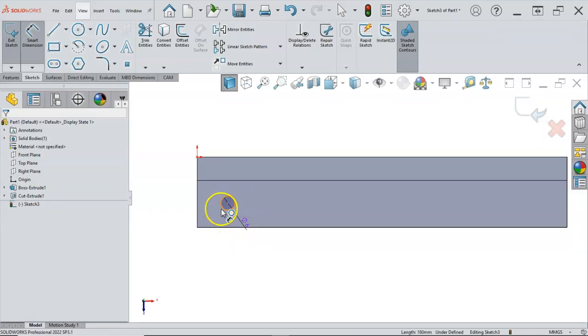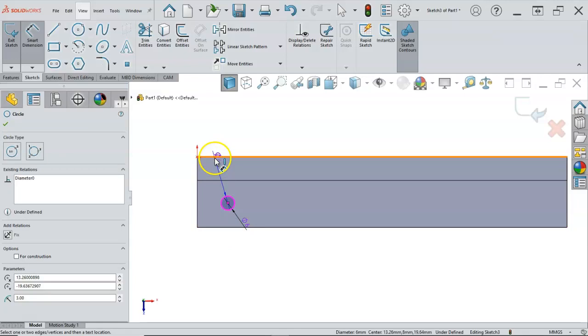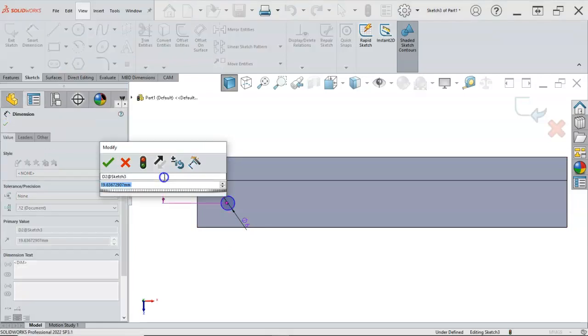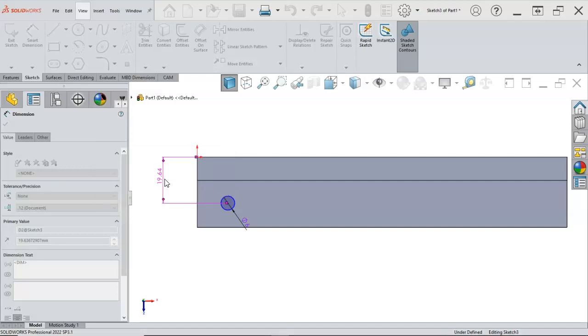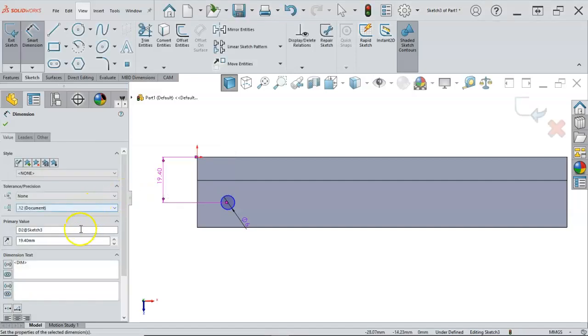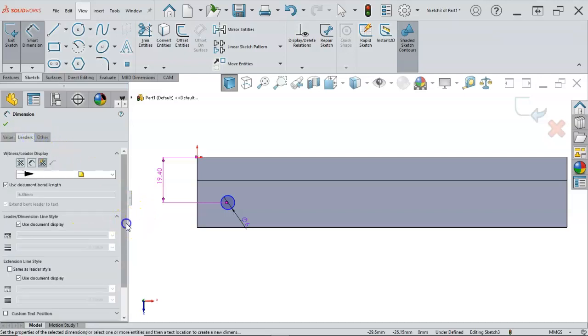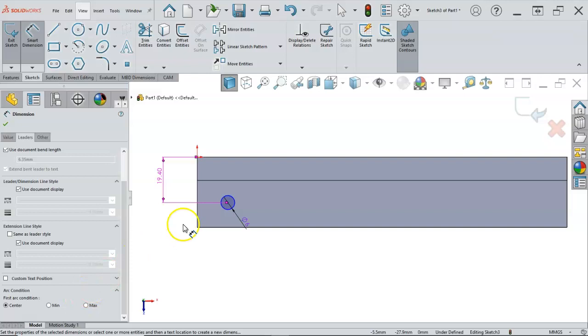I grabbed the wrong one, so let's go from the circle. All right, so two reasons to grab the perimeter of the circle over the point. First one is it's a bigger target to hit and a lot easier to select. Second one is that if I need a max-min condition, I do not get that under the leaders if I've selected the center point. So if I was reverse engineering and I measured for that whole location, I could say